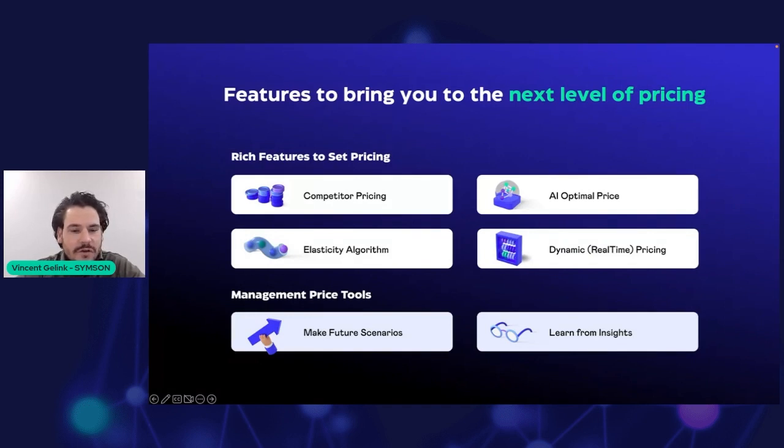So if you look at the feature price setting, the strategies can be that you can have a competitor strategy, so utilize the data of your competitors to make sure that you can position yourself best in the market. Furthermore, you want to maybe make use of an elasticity algorithm to optimize your products, for instance, for margin, or even for revenue if you want to gain, for instance, more market share. Furthermore, a capability and a feature could be that you can optimize price through the AI. So that means that the models that are built in the pricing engine can be trained with each cycle of data, and that we can measure, for instance, performance on a certain economical trend.